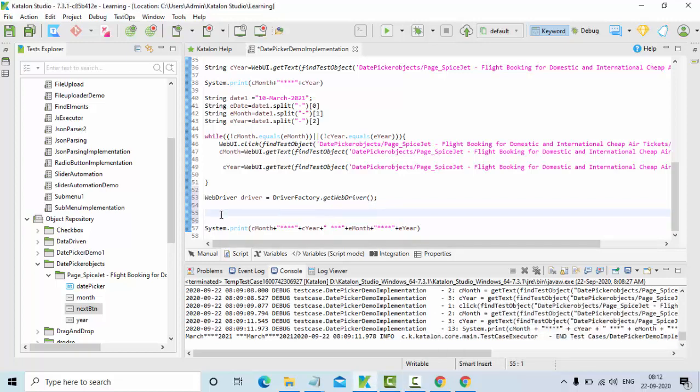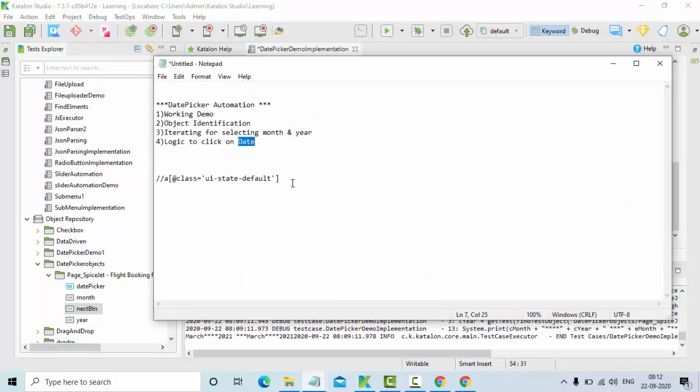Then once I have this web driver, using this driver I need to get find elements, right? Elements by XPath. What is my path? This is my path.